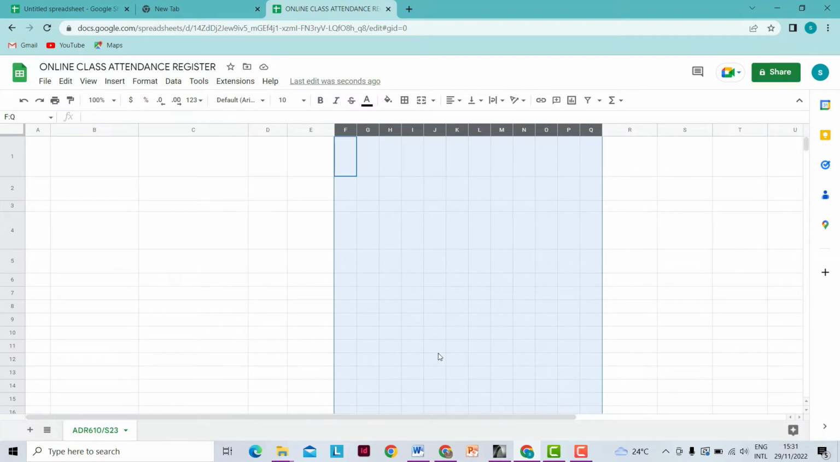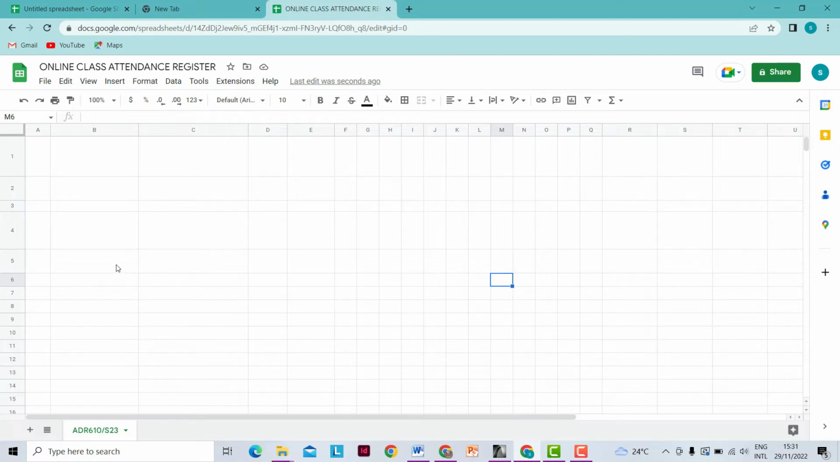Therefore, those are a few settings that we'll need for this online register. Then we can start inputting some of the details that we need for this register. As we do that, we will be merging a number of cells, and definitely I'll show you how to do that. The first thing we need is to create